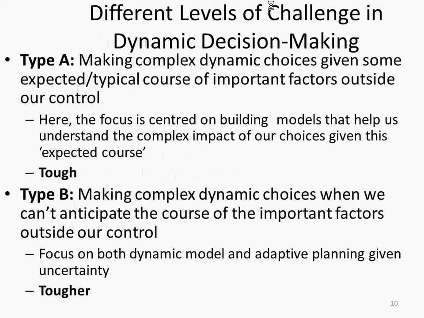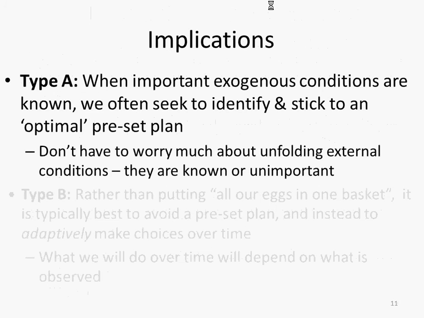And I argued that this problem, while we've been focusing in this course implicitly on the first type of problem, when exogenous conditions, things like temperature and rainfall, that sort of stuff, don't really have a huge impact on what choices are best, we can kind of try to identify an optimal plan. We try to find the best strategy, in general, and we can stick to that strategy year after year after year. We don't have to worry about these external conditions that much because they won't affect that much which strategy is best. We can, ahead of time, identify this thing and stick to it. But